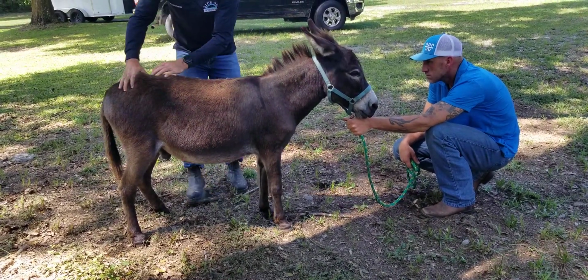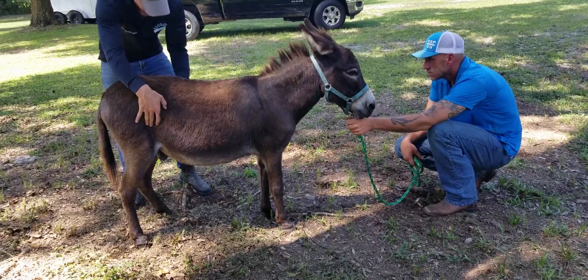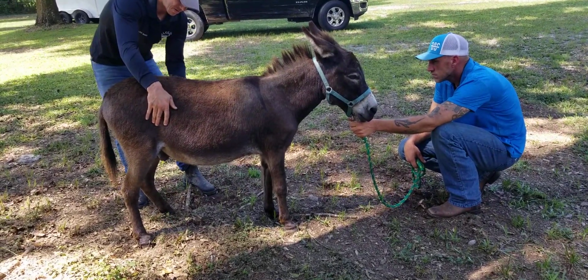The biggest finding was really in this right SI joint. I'm still going through his thoracolumbar spine right now, but